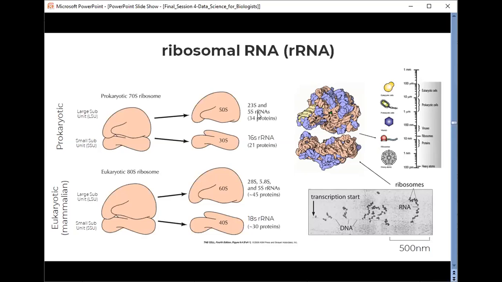So this particular 16S RNA is the component of the 30S subunit that binds to the Shine-Dalgarno sequence. The genes encoding this 16S RNA are known as 16S ribosomal RNA genes, and these are